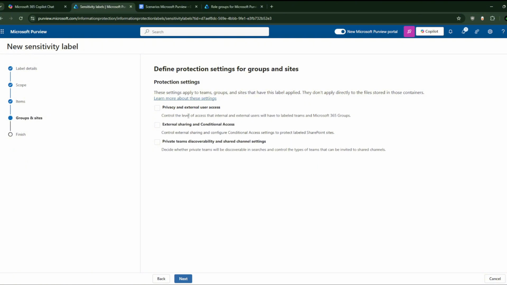Privacy and external user access. Okay, these settings apply to teams, groups, and sites. Define protection settings for the site. These labels don't apply directly to the files stored in those containers. Control the level of privacy and external user access. Oh, I cannot check those boxes. Okay, meaning,